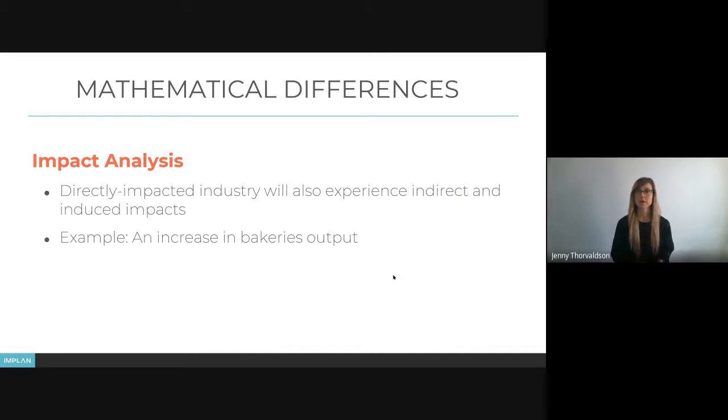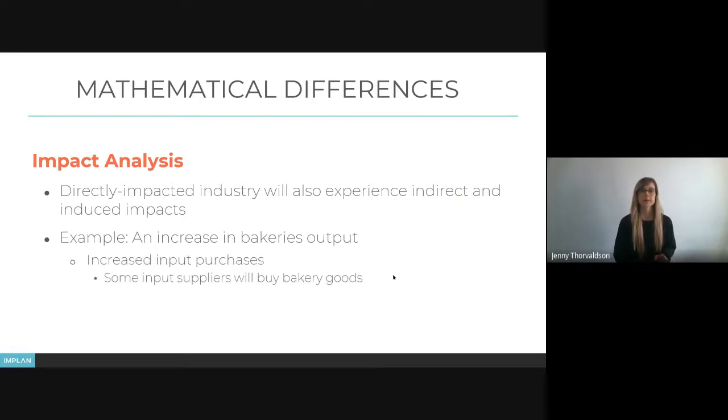Say you are modeling the impact of an increase in the output of the bakery sector or industry. Okay, now when you model that as an impact analysis, of course you're setting it up as a direct impact in the bakeries industry. Okay, and because the bakery industry buys inputs, some of which will be